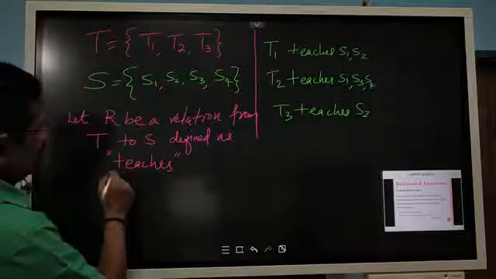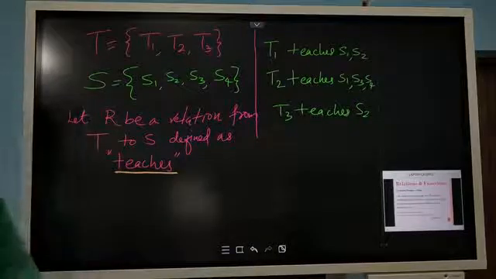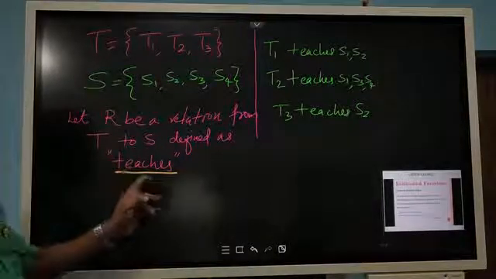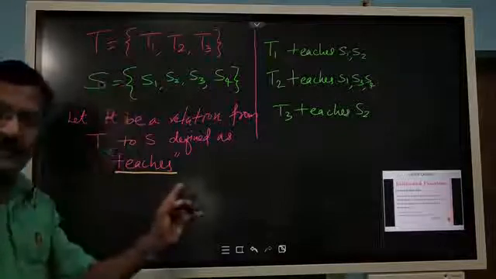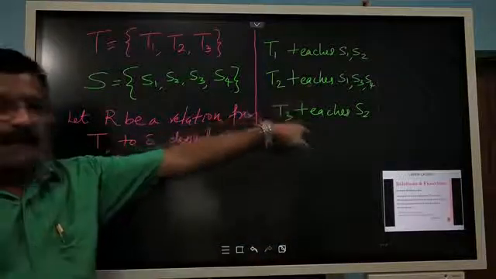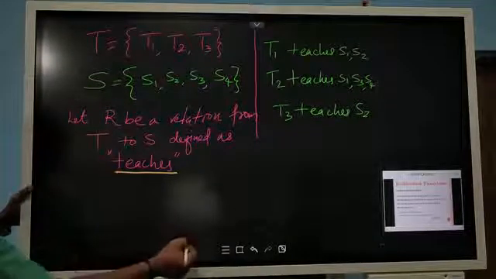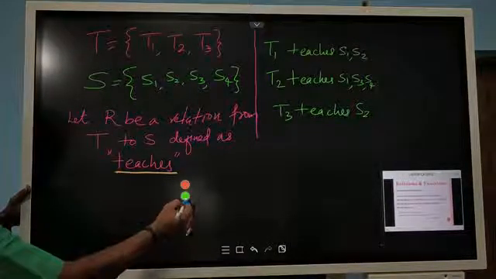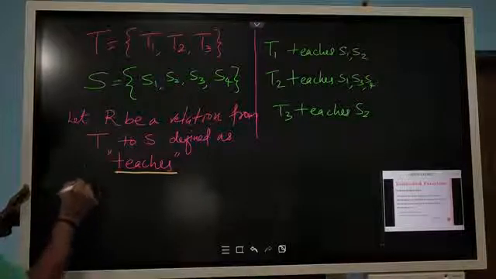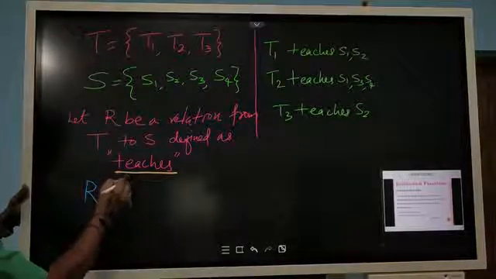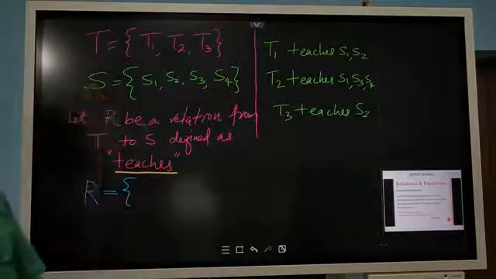This is the relation, teachers. Now I just want to write this R in roster form with this available information. So what will that be? R is equal to, in set form,